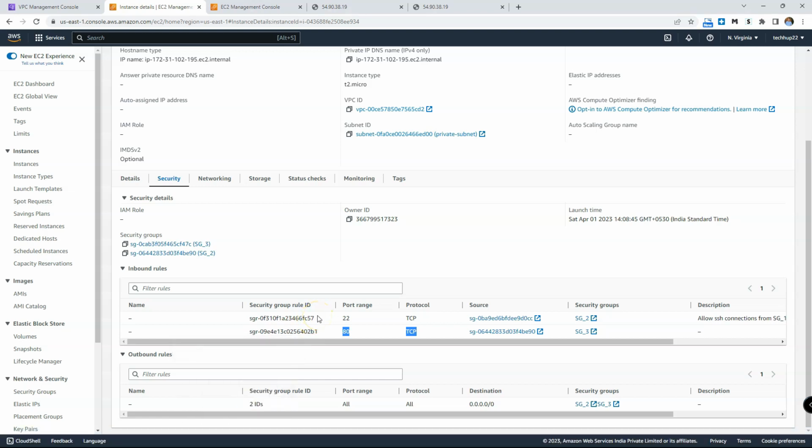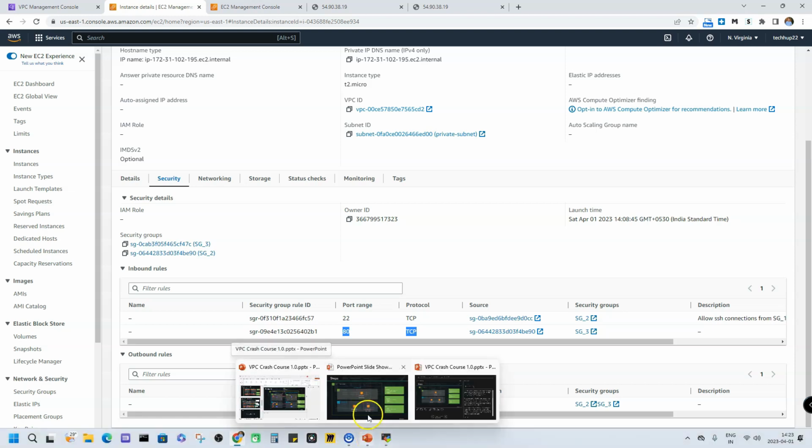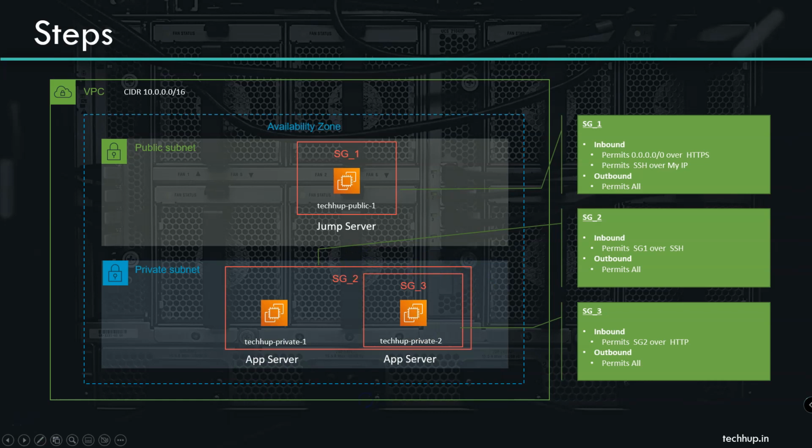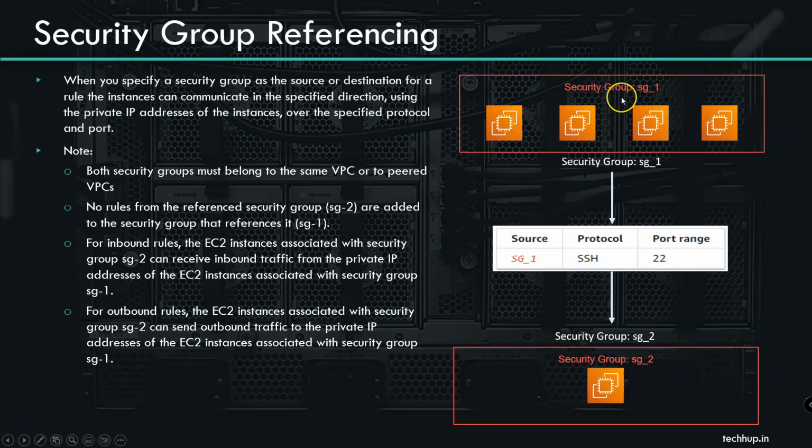It is always good to use security group referencing because it gives you very granular access, because all the instances wherever you are applying the security group will attain the attributes of the security group, and you don't need to go in and change the rules for each of the instances. So whatever you apply at a high level on a security group gets implemented across all the instances. This is especially useful in an auto scaling scenario wherein you are horizontally scaling your applications by adding more servers,